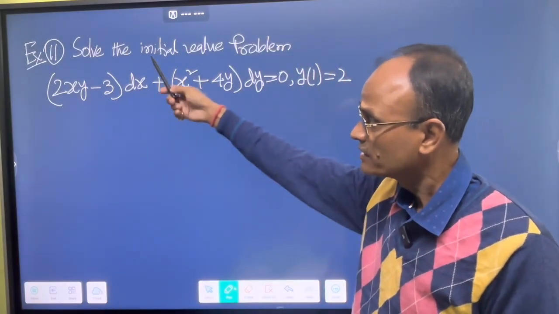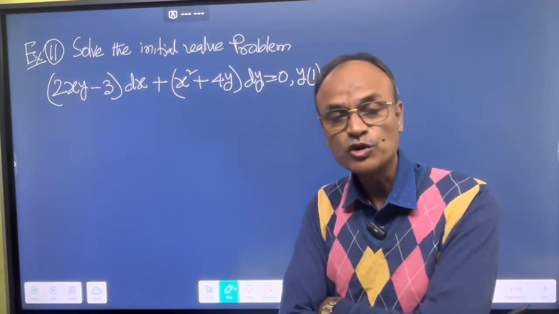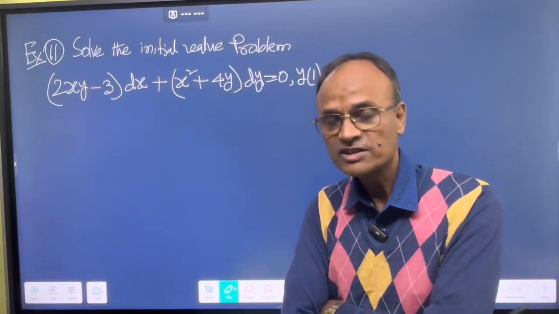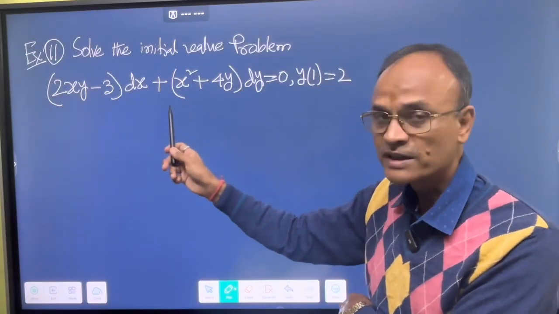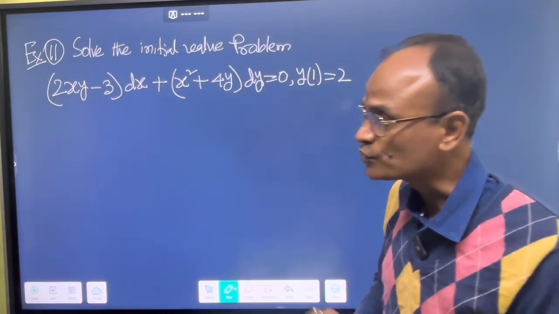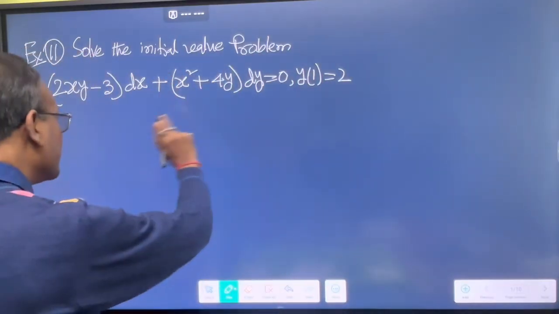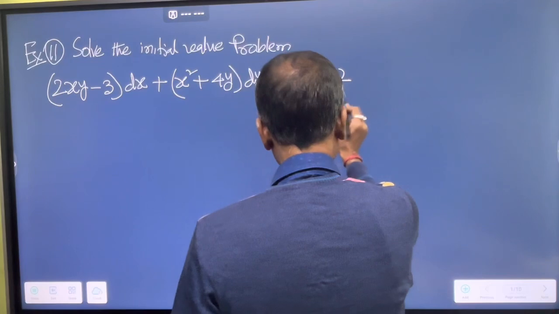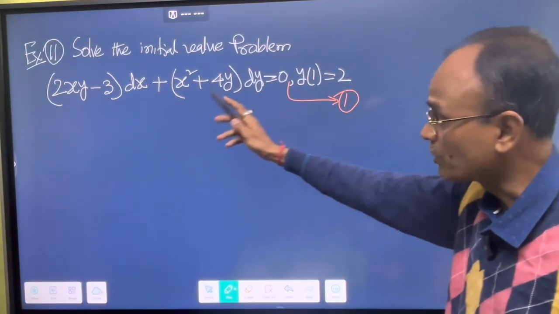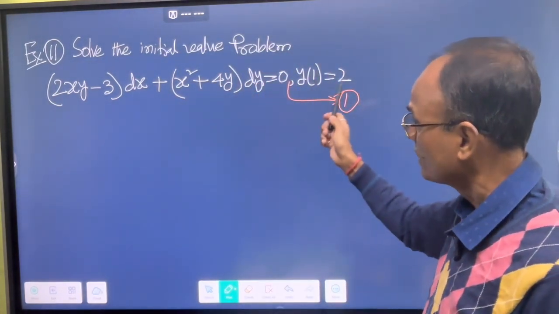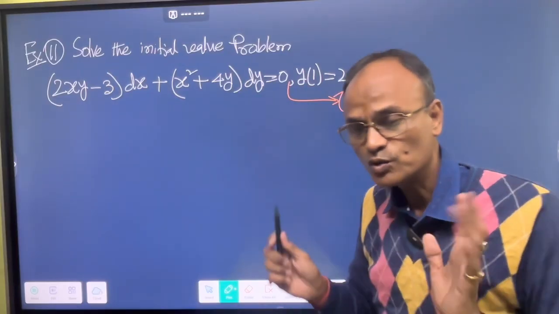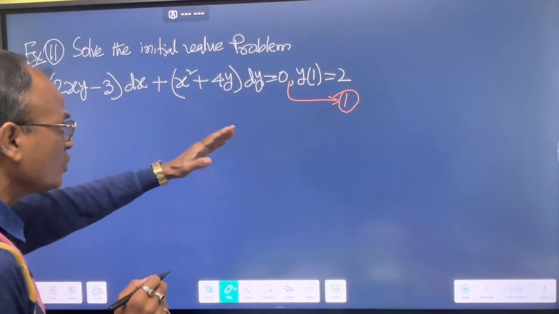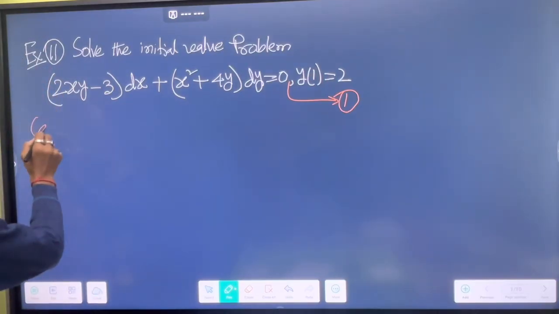First of all, let us try to solve this problem. Question number 11, section 2.1, exercise, Differential Equations by Shepley L Ross, your textbook. Suppose this differential equation is 1. It is an initial value problem, with y(1) equal to 2. Comparing this differential equation with